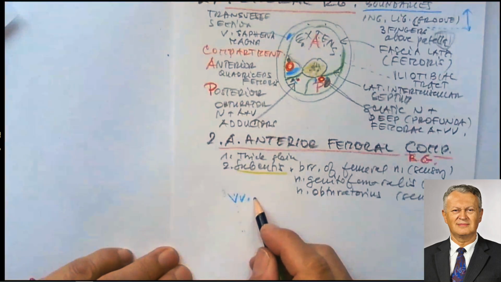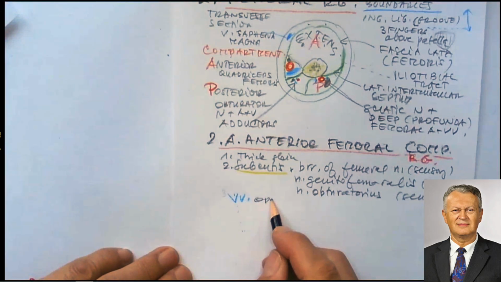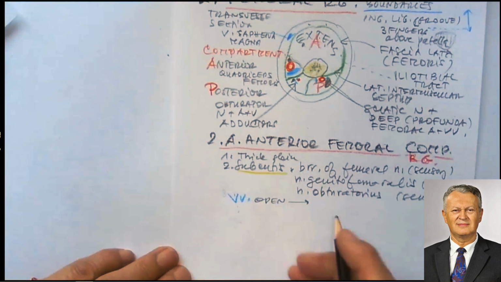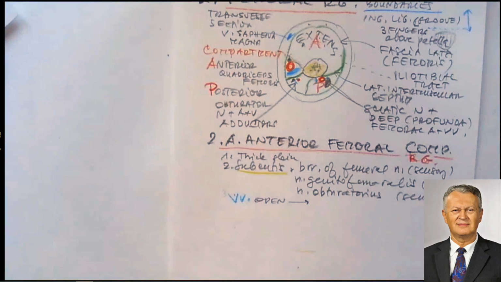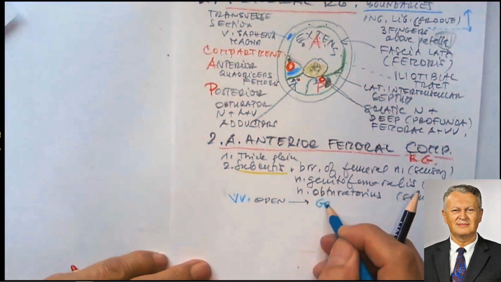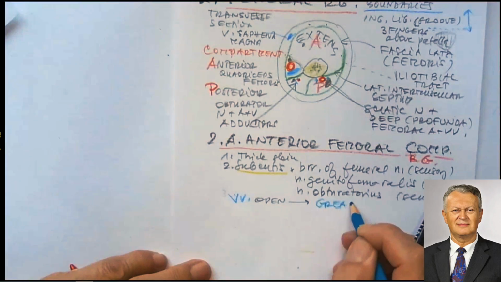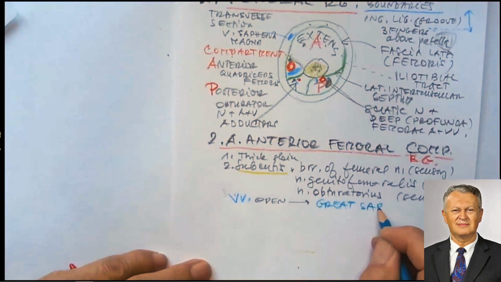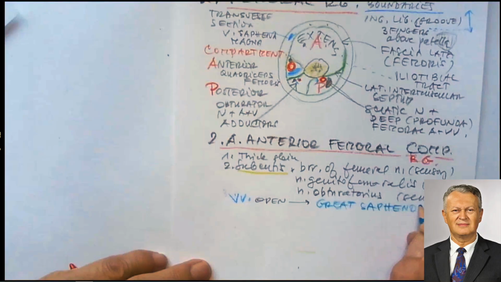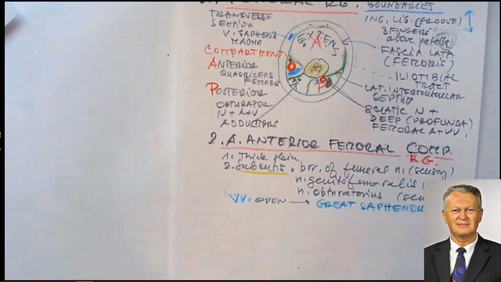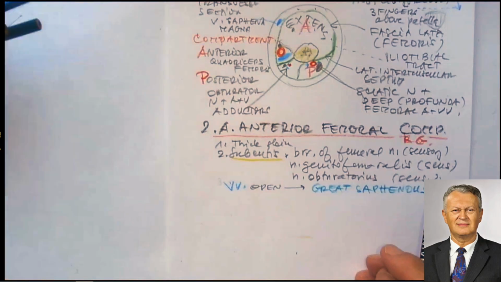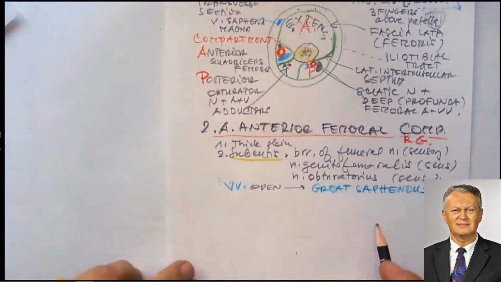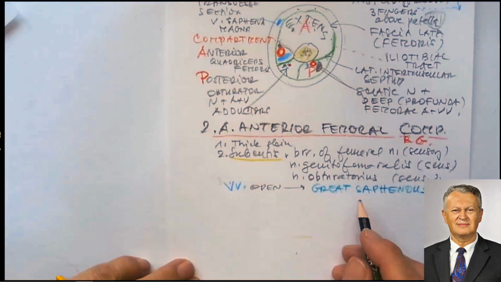The veins are thick and open into the vena saphena magna, the great saphenous vein. Now we use the English version, great saphenous vein. And there are many veins. Maybe it would not be bad to see, but I will draw a special diagram. Opening great saphenous vein,